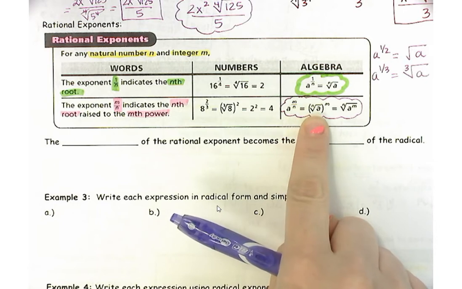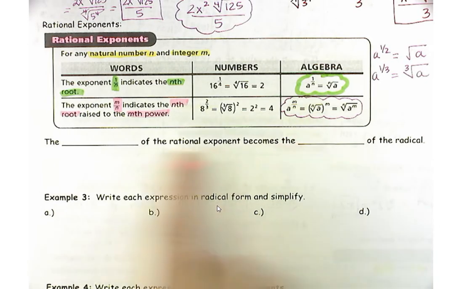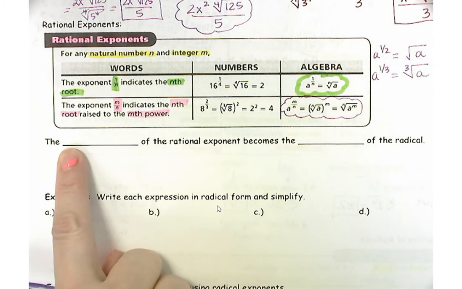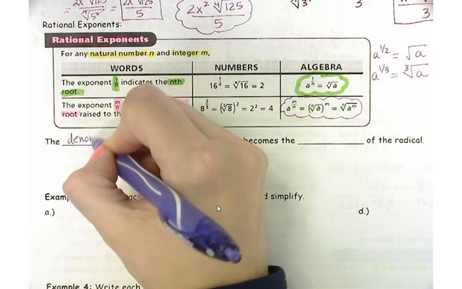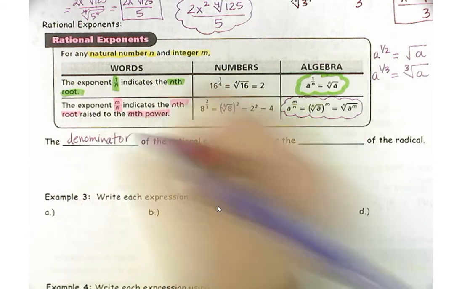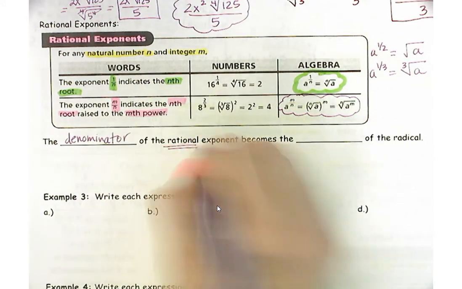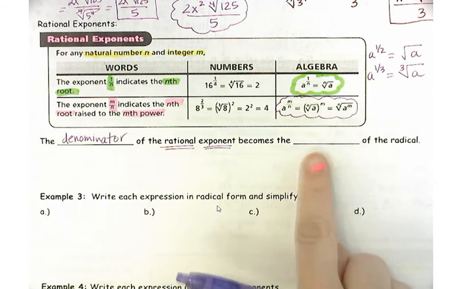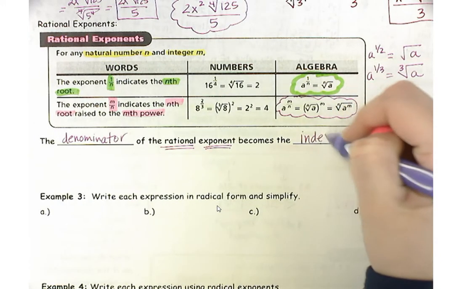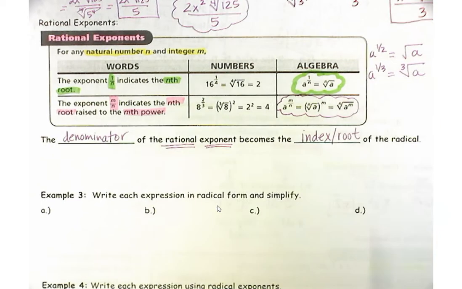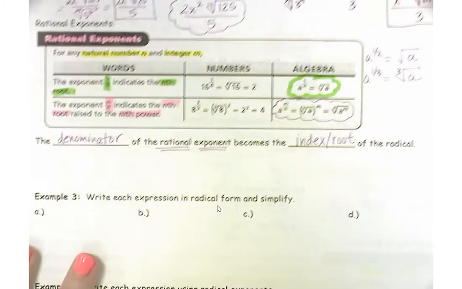There is going to be one that's easier to do in your head, and so we're going to practice figuring that out. So if you have a to the m over n, remember, it's the denominator that becomes the index or the root. So this is going to be the nth root of a,